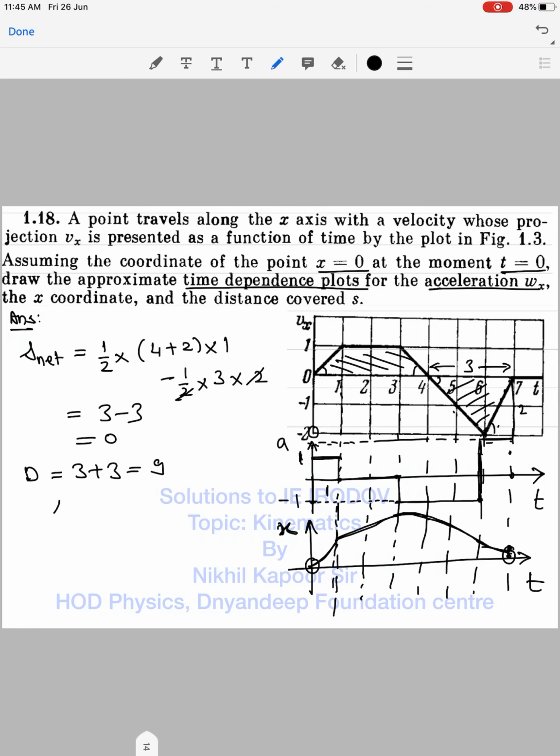Okay, now they ask us to also draw the distance time graph. So no problem. For the distance time graph, the distance does not have any direction. So first of all it accelerates, then it is uniform, then it decelerates, and then again accelerates and comes to rest. So that would be the shape of our distance time graph, and the final distance covered coordinate will be 9 and this would be 7.